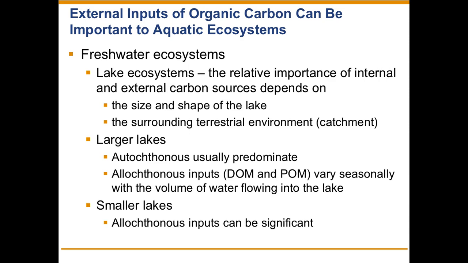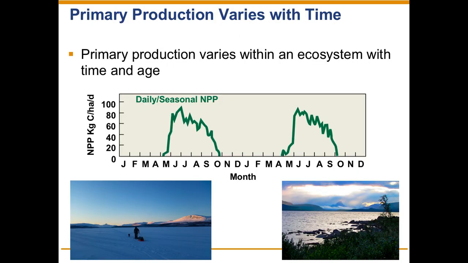It's also determined by resource use or land use around the lake. If you've got an area with intensive agriculture or intensive forestry, you've got a lot more runoff, a lot more nutrients from outside this lake system coming into the water body. Even the net primary productivity will vary over time, on a short scale or on longer-term scales. So here we're looking at net primary productivity in lakes and how that varies through the seasons.